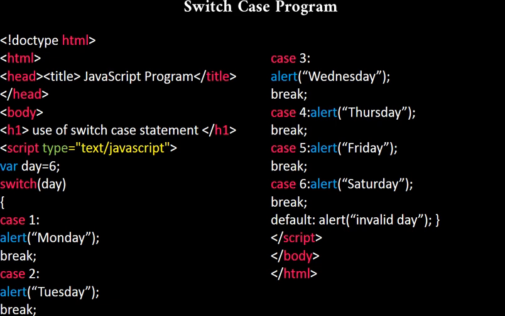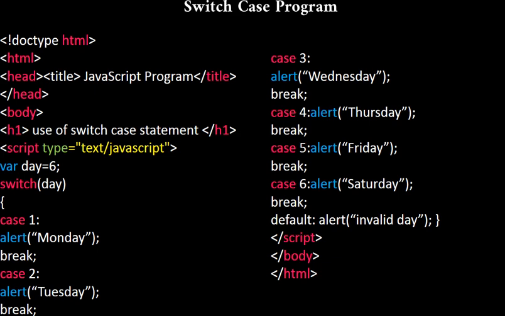And then you are going to close the script tag, then the body tag, and the html tag. The program is going to check the condition first. If the condition is found true, it displays the true result, otherwise it displays the default value, that is "Invalid day". Once you finish typing this program, save with the extension .html. Do not forget, JavaScript is not separate software; we are using the same application, Notepad, because we are writing this program in HTML. So in the HTML we use the body section or head section to write a JavaScript program.